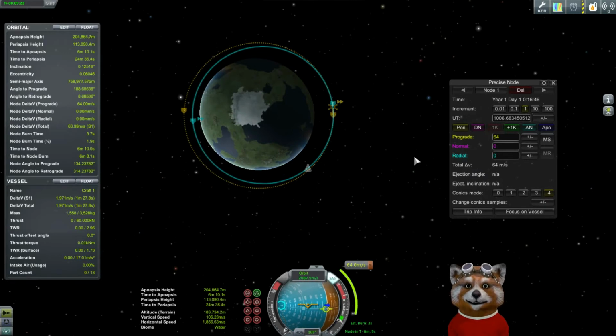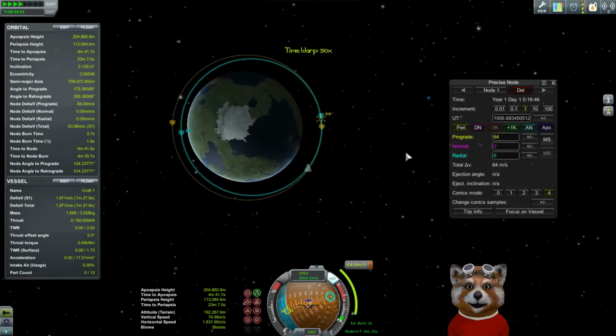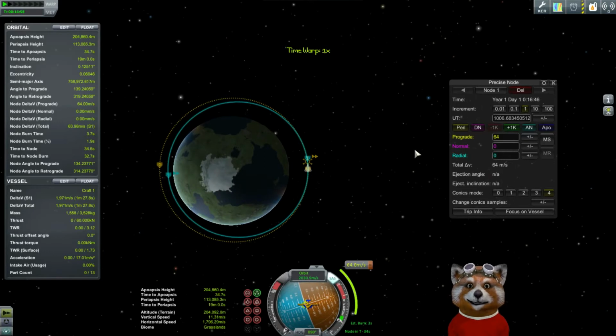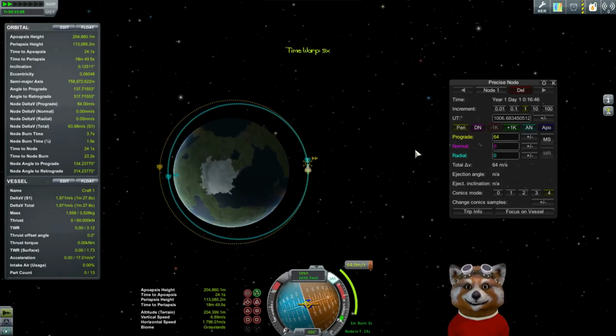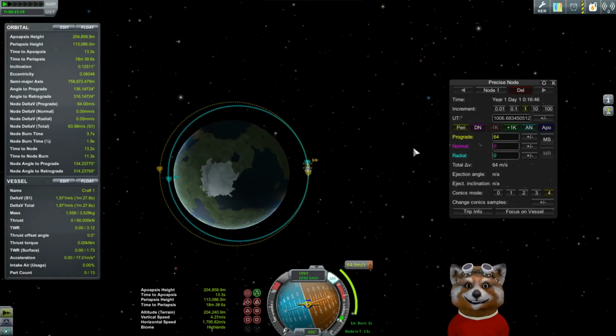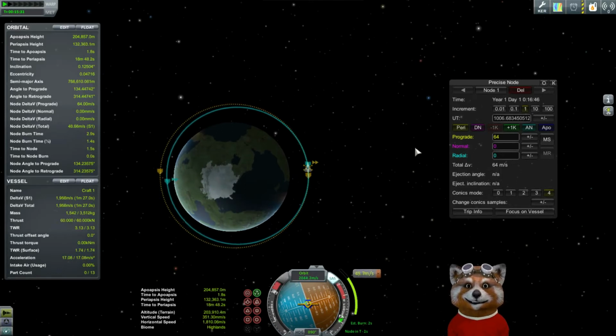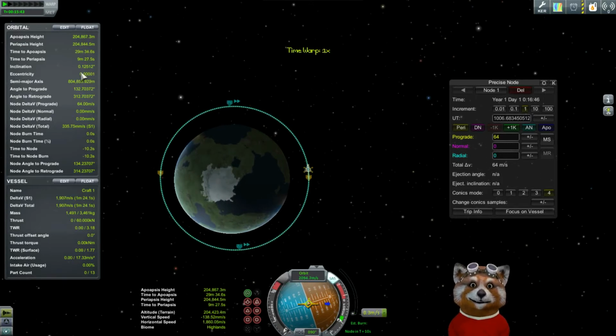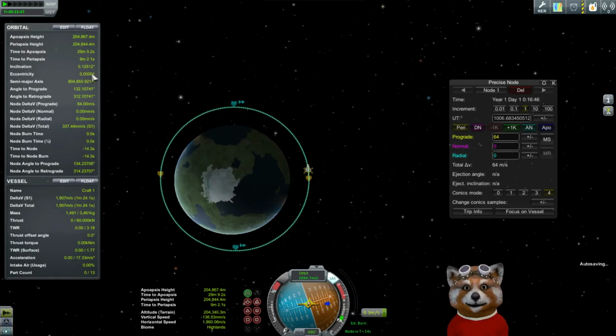Since I'm playing in sandbox mode, I can just get us to point over to our maneuver node. Pretty simplistic there. And we can just do a little time acceleration until we get over to our node. And we'll just do a little bit of a burn here. And there we go, our eccentricity is 0.000001, which means we're about as close to a perfectly circular orbit as